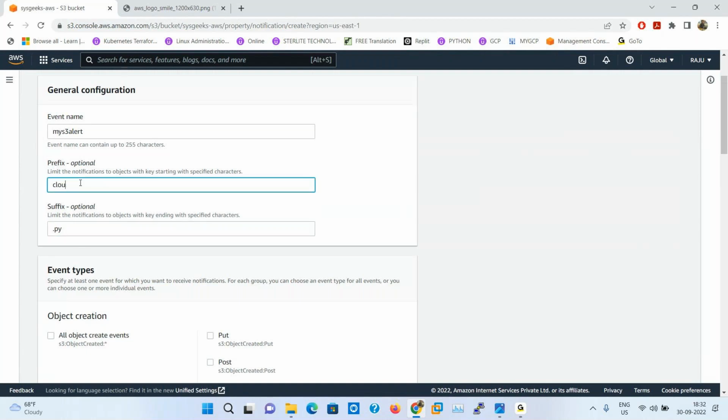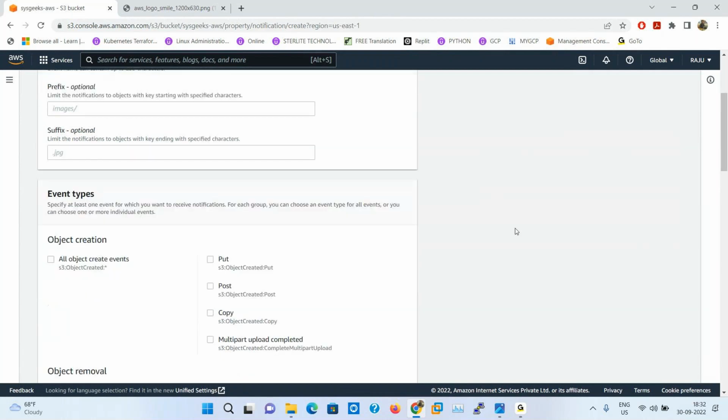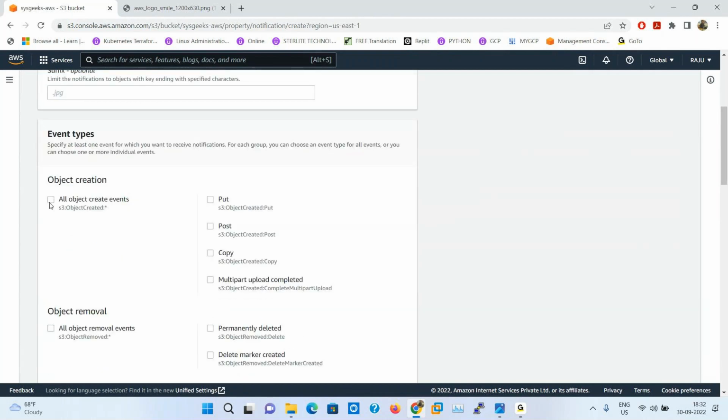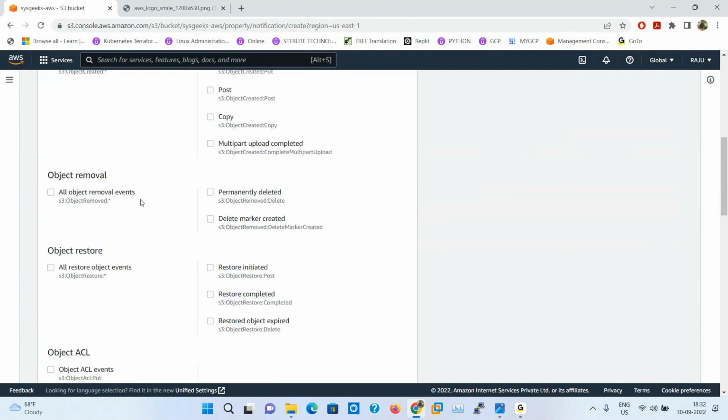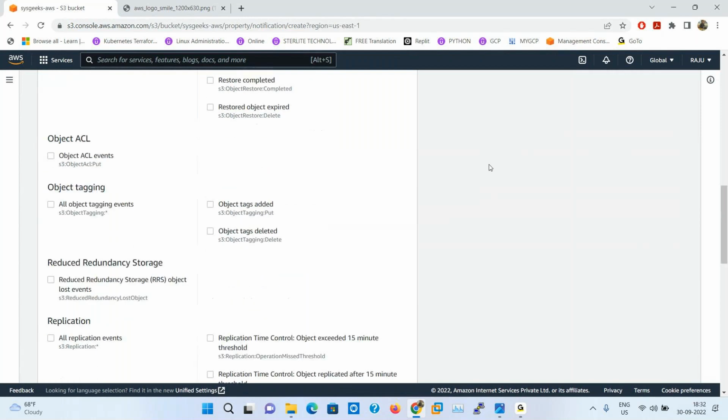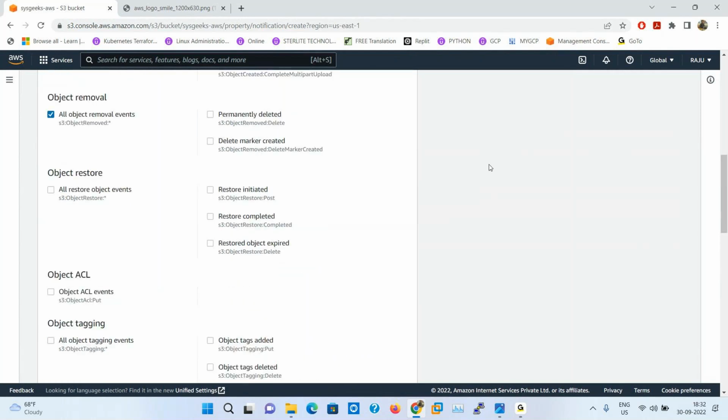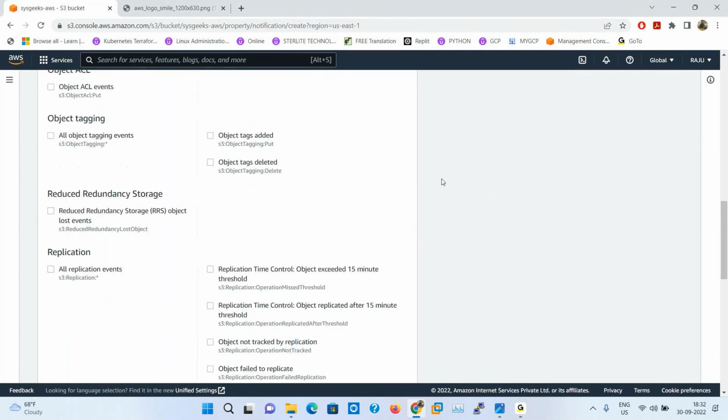Okay, I don't want to provide any other things, because any suffix or prefix in the bucket activities is covered under this bucket. For all objects, I want to trigger notifications on object removal events. Only deletes trigger a notification. So permanently deleted or delete marker created: any object event related to these two will trigger your notification.